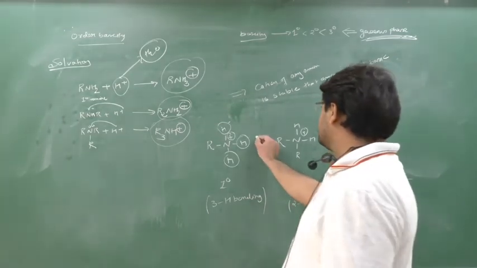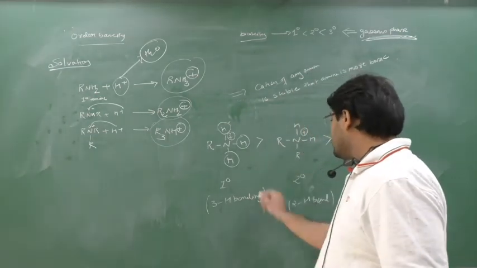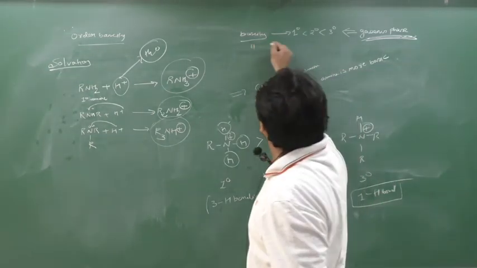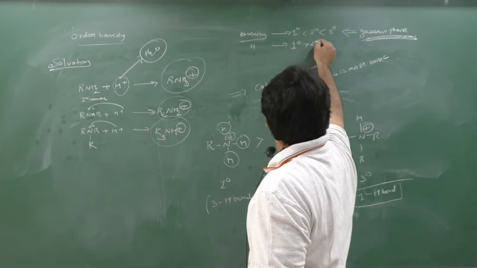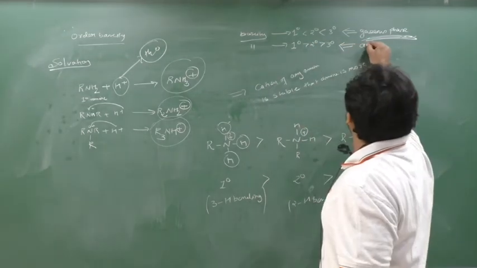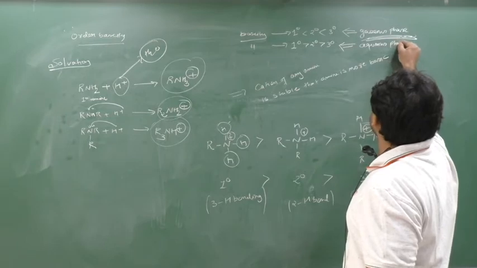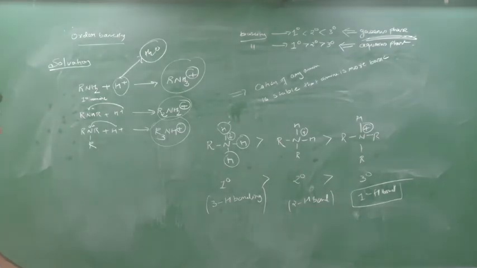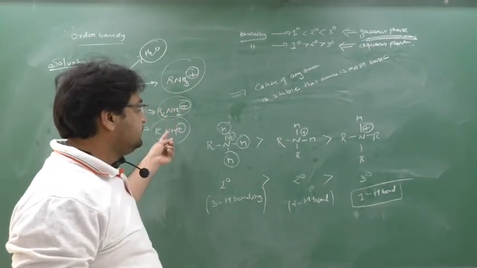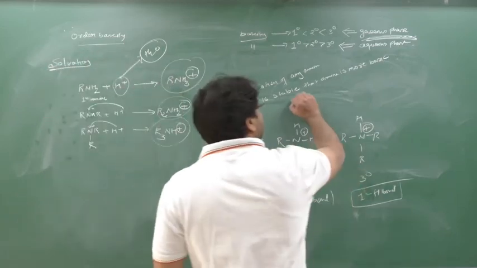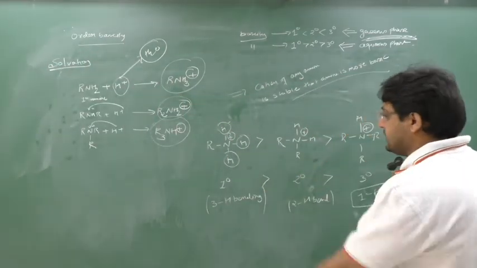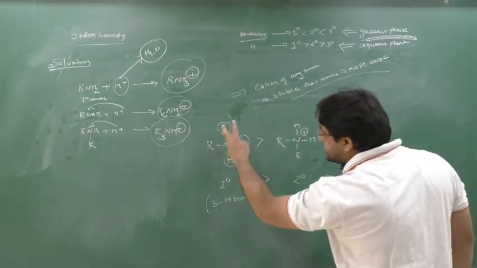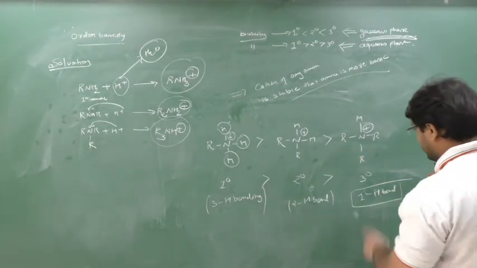So who is more stable? This is more stable than this, yes or no? So the stability order is 1 degree greater than 2 degree greater than 3 degree. Who is more stable is more basic. So I can write here: basicity is 1 degree greater than 2 degree greater than 3 degree when they are in the aqueous or solvation phase. See, the order is getting changed. Understanding or not? You have to understand this. Whose cation is more stable will be more basic, because it can do more hydrogen bonding. This is the cation of 1 degree, this of 2 degree, this of 3 degree. Here there are 3 hydrogens, so 3 hydrogen bonds; 2 hydrogen bonds; 1 hydrogen bond.